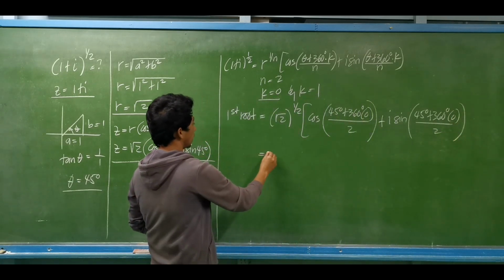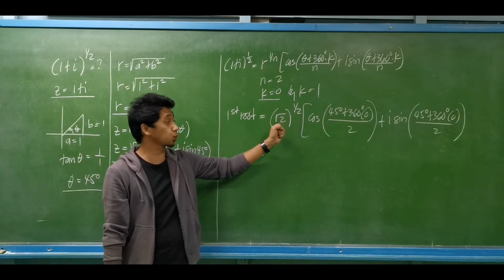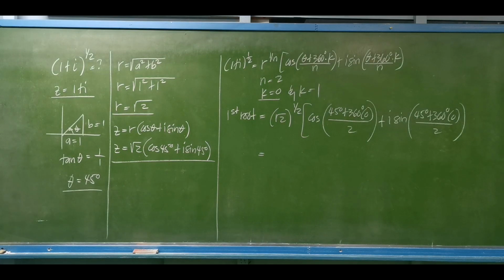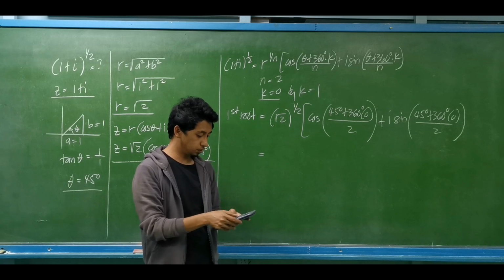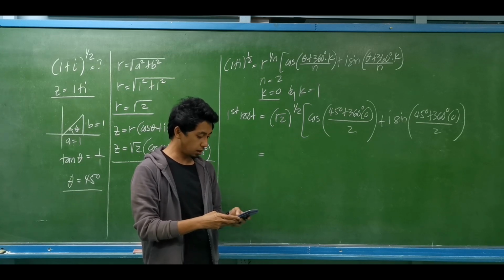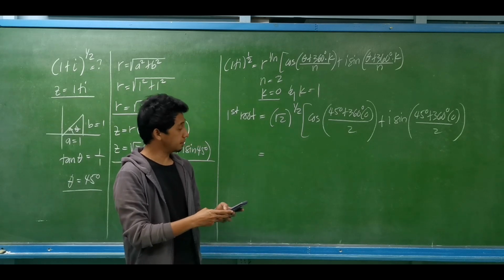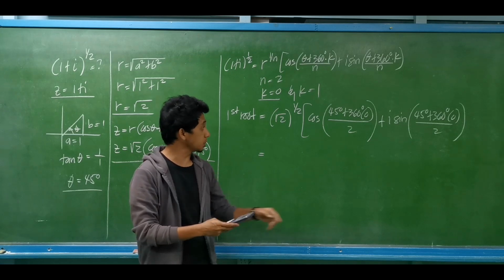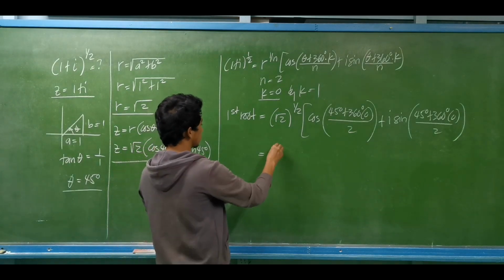So this will be our first root. All we have to do is distribute the square root of 2 raised to 1 half in each term. So if you have to compute for those values, what is the equivalent of the square root of 2 raised to 1 half multiplied by the cosine of 45 degrees plus 360 degrees times 0, over 2? That will be the same as 1.09